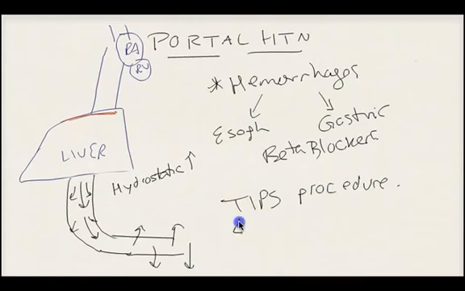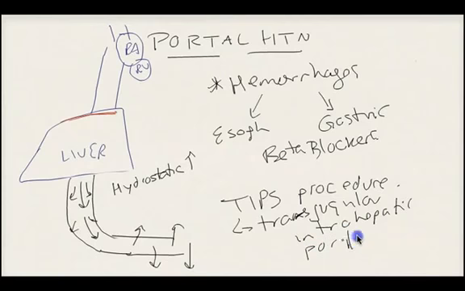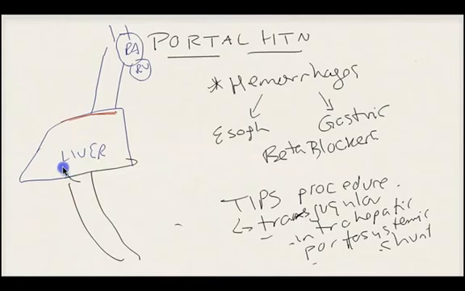Now, TIPS stands for transjugular intrahepatic portosystemic shunt. Okay, TIPS. Now, this is going to create an artificial channel within the liver, establishing communication between your portal vein and your hepatic vein. So we want to bypass whatever's going on in the liver in order to reestablish a proper communication between these two. And what that'll do is normalize pressure,